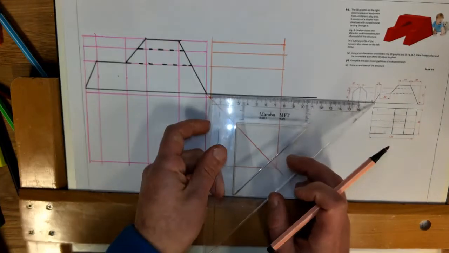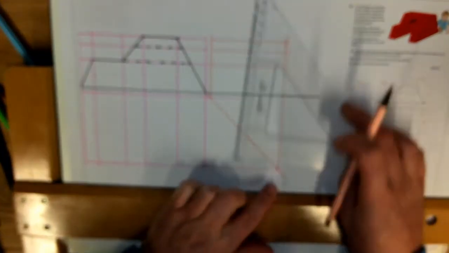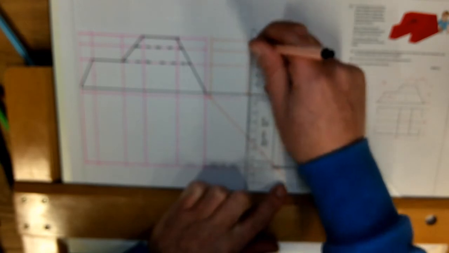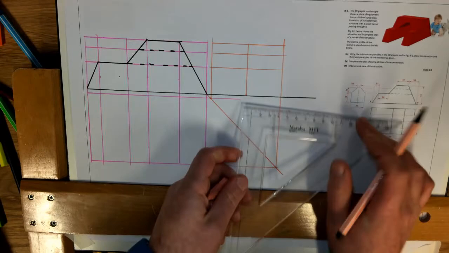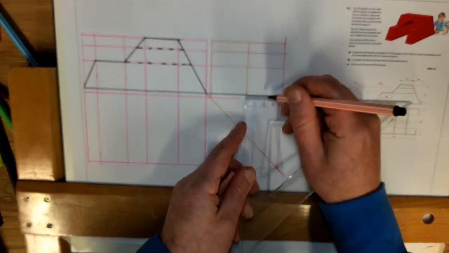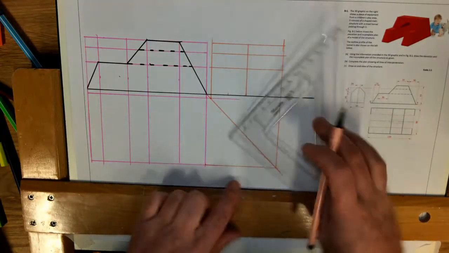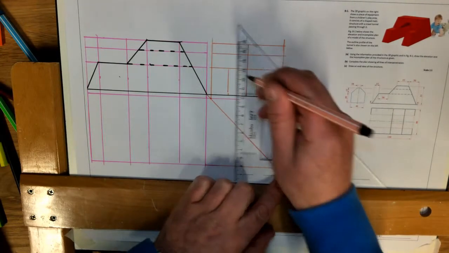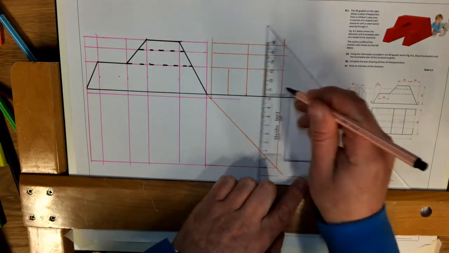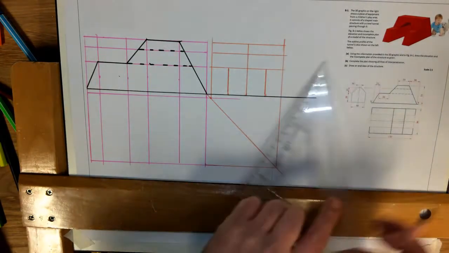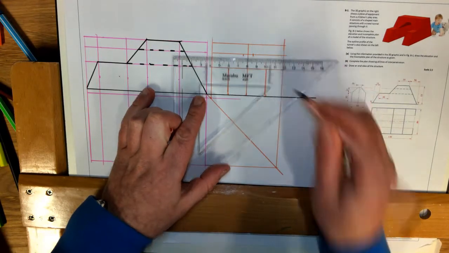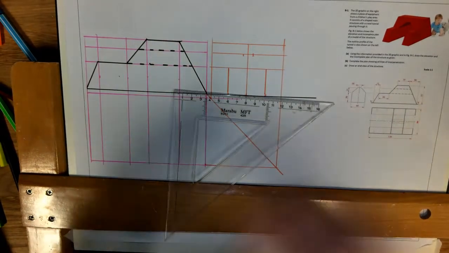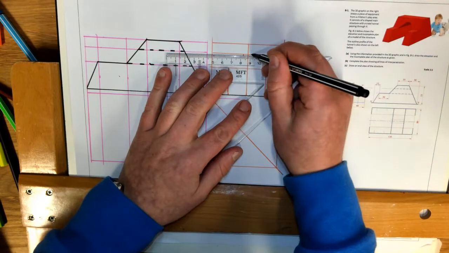So what I'm going to need is a centre line. So this width here is 80, so half of 80 is 40. So I'll draw that line up the middle. Okay, and then that center line is basically the center of this. So we know that it's 40 here wide, so it must be 20 to the left and 20 to the right, and they go up to the 30mm line. I'll heavy them in in a second and make it a bit more obvious. And then we have 10 in the middle, so that must be 5 to the left and 5 to the right. Okay, so I'll take my black marker, and what I'm going to do is draw